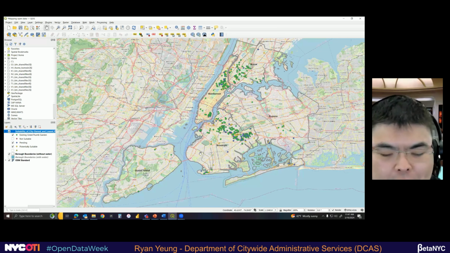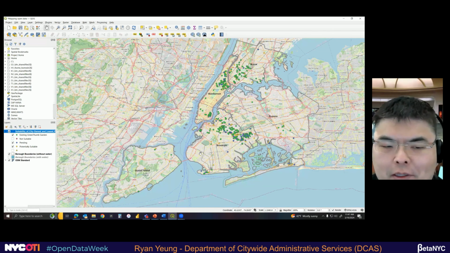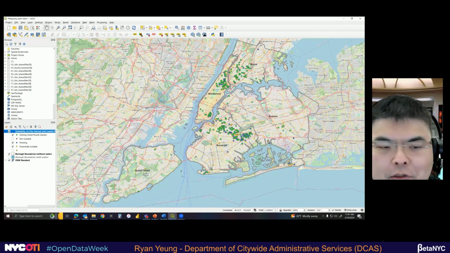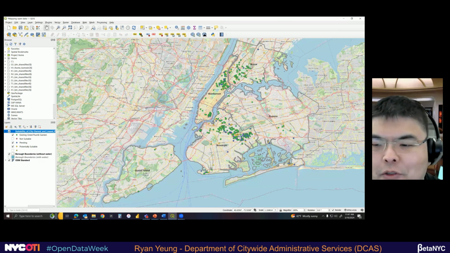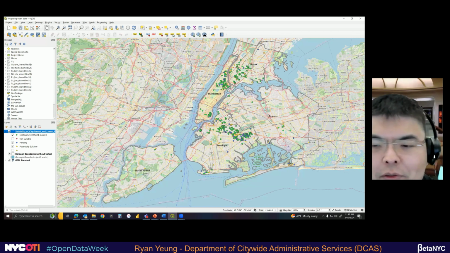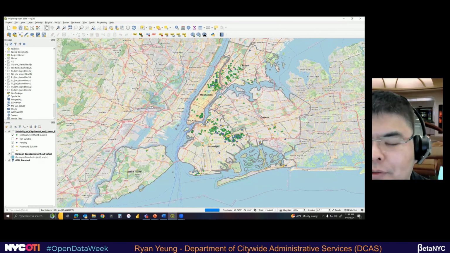All right, so let me ask the group another question. If you wanted to, where would you put your next community garden? Remember, those are the ones that are potentially suitable, the yellow ones. If you have to pick a place, where's a good place to put your community garden if you were in charge of this process? Staten Island, one person said. Okay. Where else would be a good place? Any other place? Maybe some in Queens here.